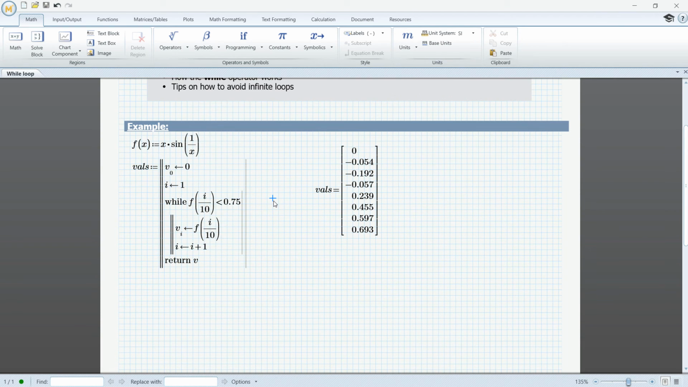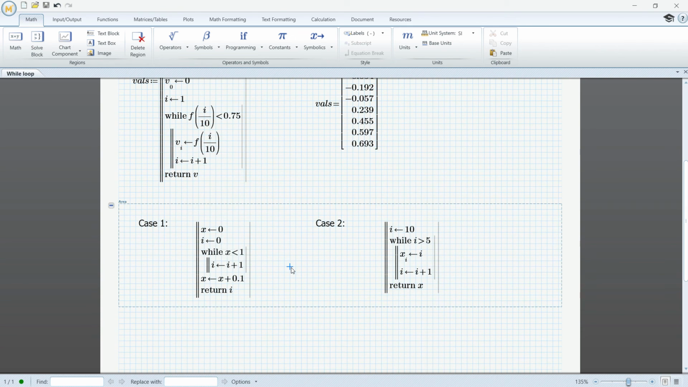Now that we have an idea of how to use the while operator and how the logic behind it works, I'd like to give you a few tips that you should pay attention to when working with this operator. To do that, I have prepared a couple of examples that will demonstrate that. In the first case, we have a similar program definition to the one above. So right now,